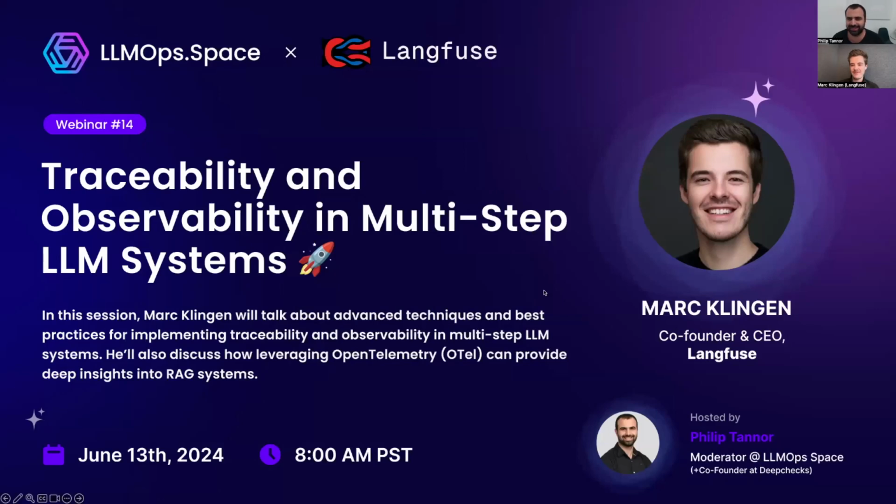All right, so this is the banner you might have seen when joining the event. The event is called Traceability and Observability in Multi-Step LLM Systems. Sometimes these kinds of complex titles sound like something niche, but multi-step LLM systems are actually pretty common,